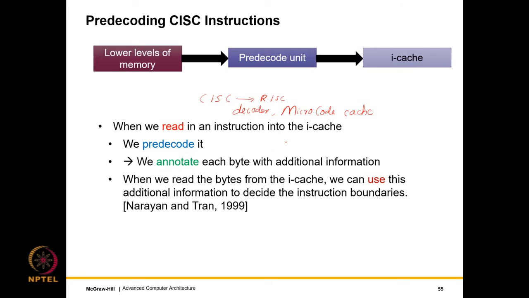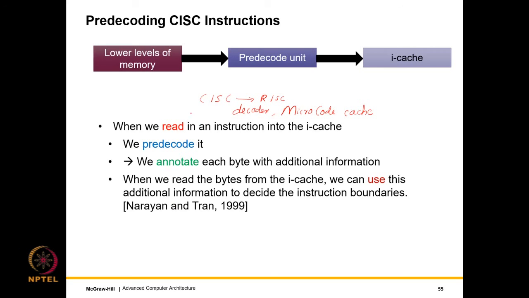But our original problem of finding out the boundaries of instructions in just a raw stream of bytes that we read from the instruction cache, this problem has not been solved, right? So to solve this, we will refer to a patent by Narayan and Tran. So this is a very famous patent, and you will find different versions, extensions, or alterations, augmentations of this idea in various forms. But pretty much modern processors do something of this nature to handle CISC instructions, otherwise there is no other way.